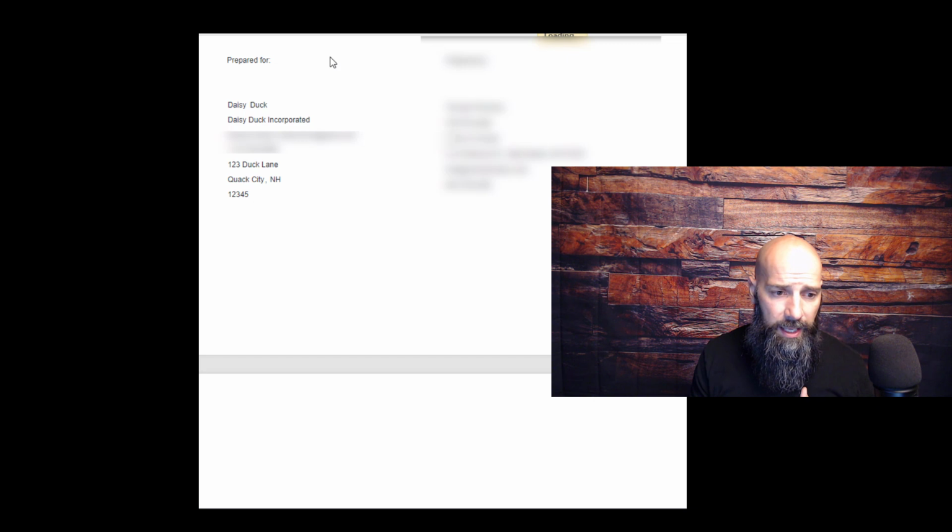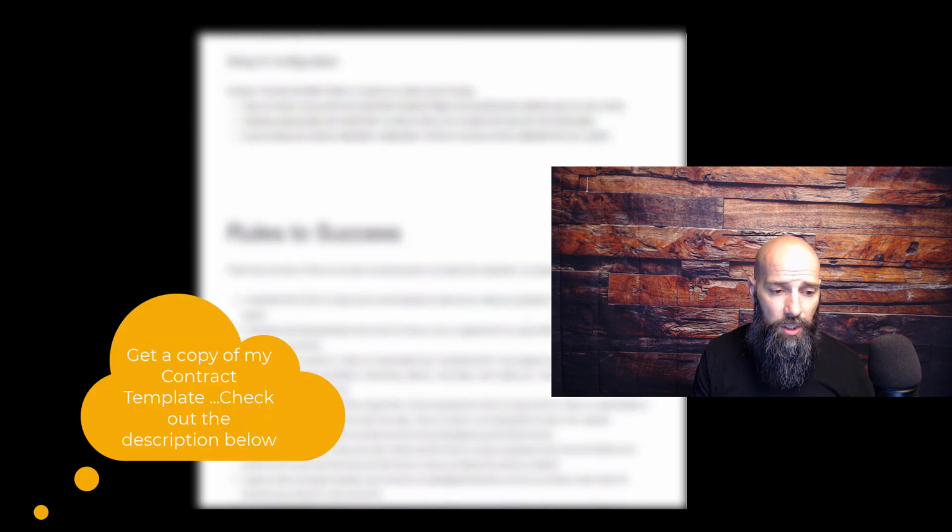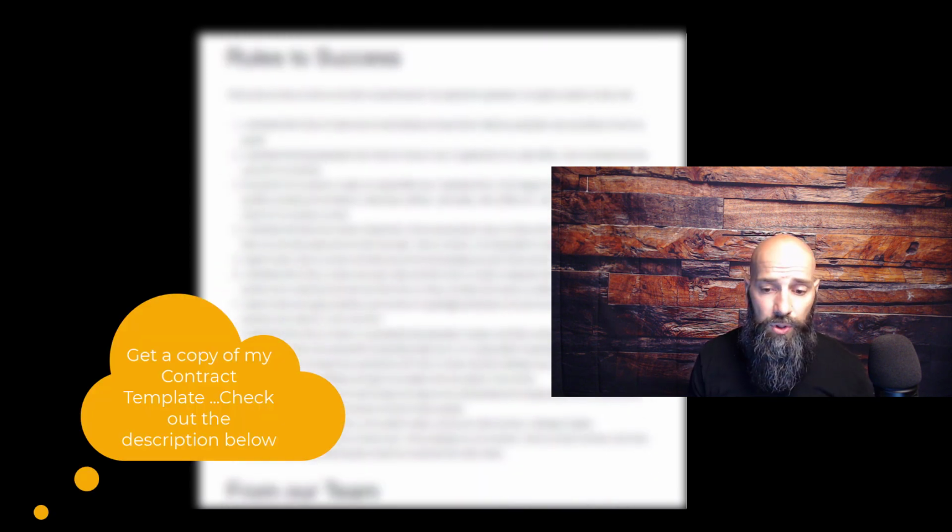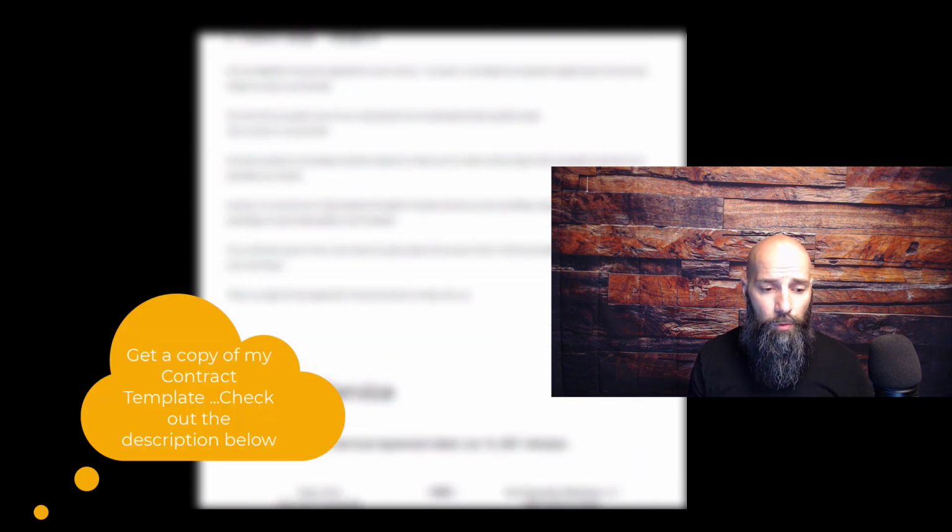And you'll notice that it has all the client's information already in here. Name, company name, email, phone number, full address. And then we give an overview of what we do, the different services that we're offering, just recapping what we told them on the sales presentation, go over some rules to success, a little note from our team, and then we get right into the terms of service, which I highly suggest you have in there,